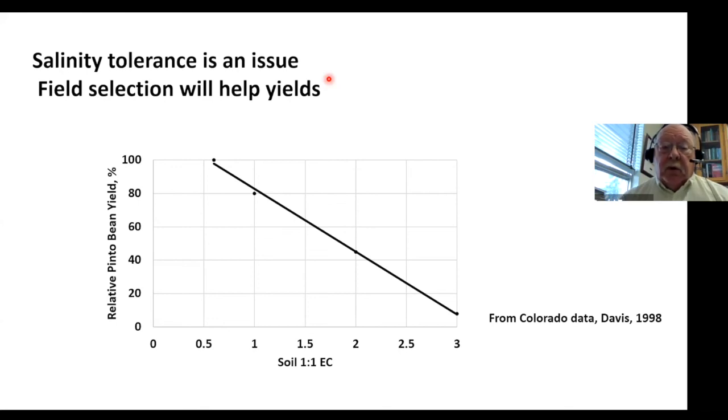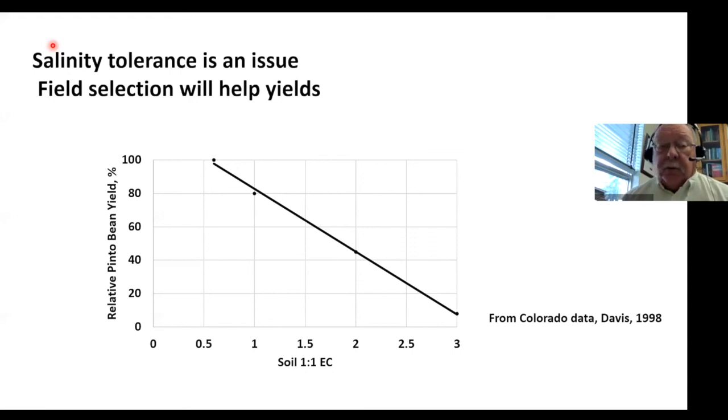So once you get ECs above 1.5 or so, as you can see, this study from Jessica Davis out of Colorado State, you're at about 60% possible yield. It gets higher than that. I don't know. So if you have an option of which fields to plant in, pick the ones that are a little bit less in salt. So that's just a cautionary warning to you. And there's no law in the books that says you have to plant a whole quarter to one thing. I mean, if you really know that you have 20 acres, 30 acres along the roadside that just won't grow dry beans,